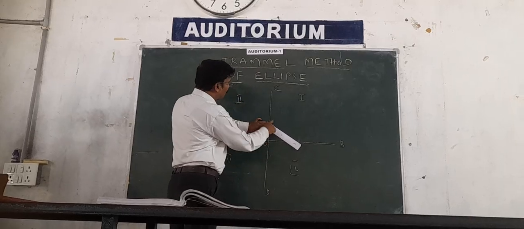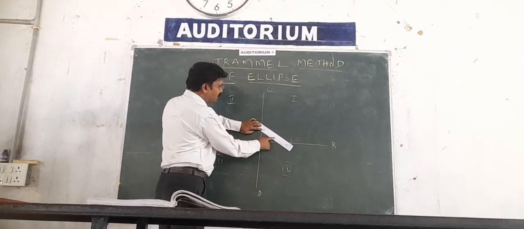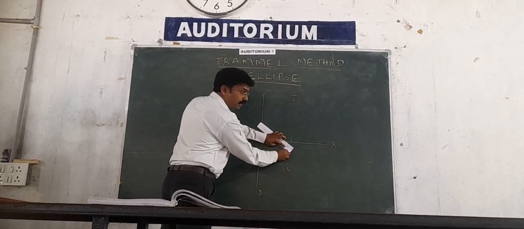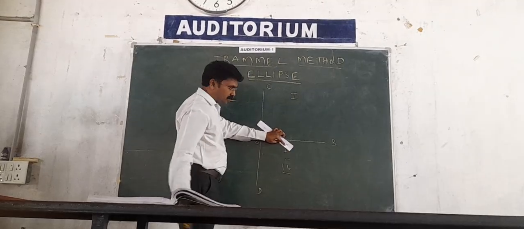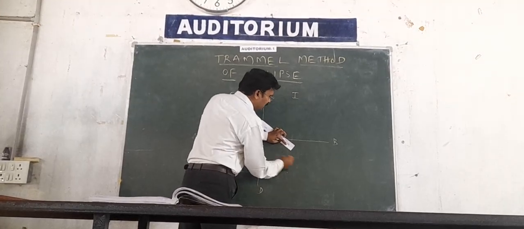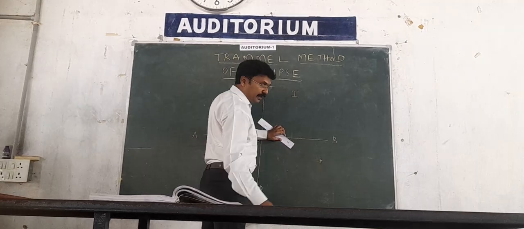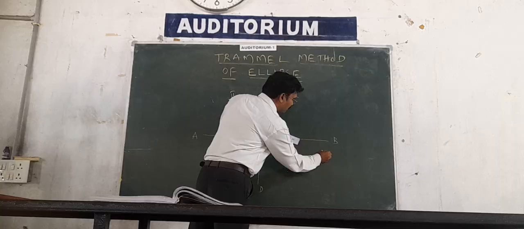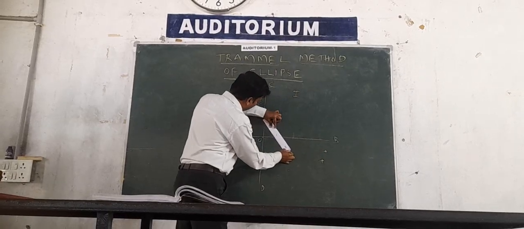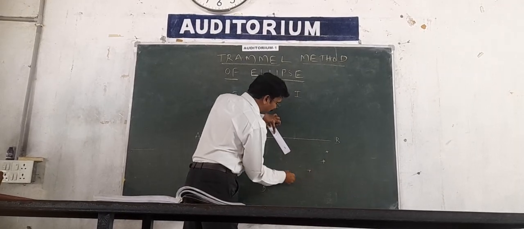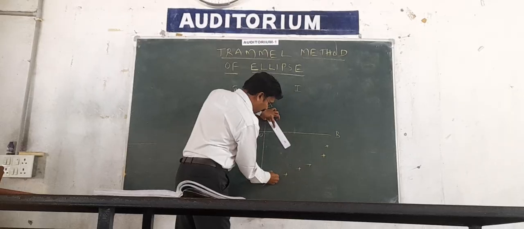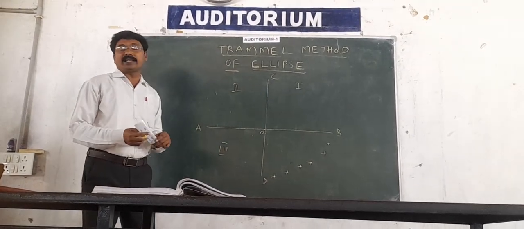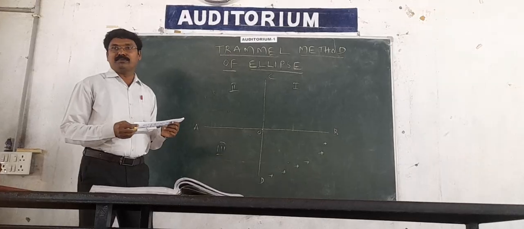Now L is located on the minor axis, N is located on the major axis. M is our point. Put the pencil in M, it gives one point. Now rotate this Fresnel and you will get another point. Rotate again and you will get another point, and the next point, and the next point, like this. The first quarter part of the ellipse is constructed using the Fresnel method.